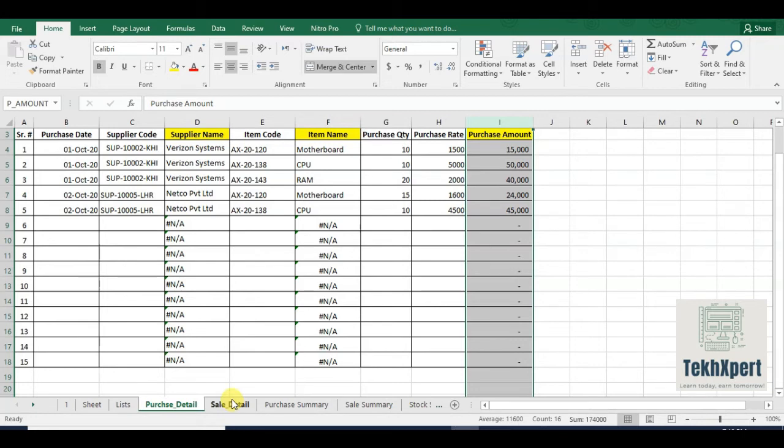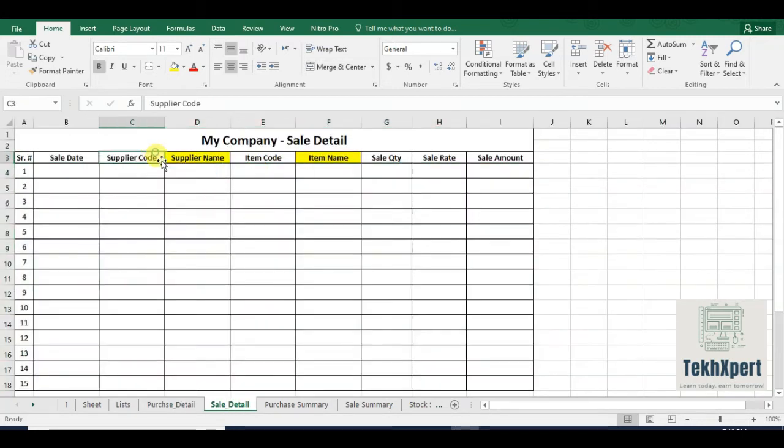Let's move to sale detail. In sale detail, again I have made a mistake: buyer code and buyer name. What I need in this column is buyer code. As in purchase detail we applied the list of supplier names, here we will apply the list of buyers, so that it will be a standard way to record the data.